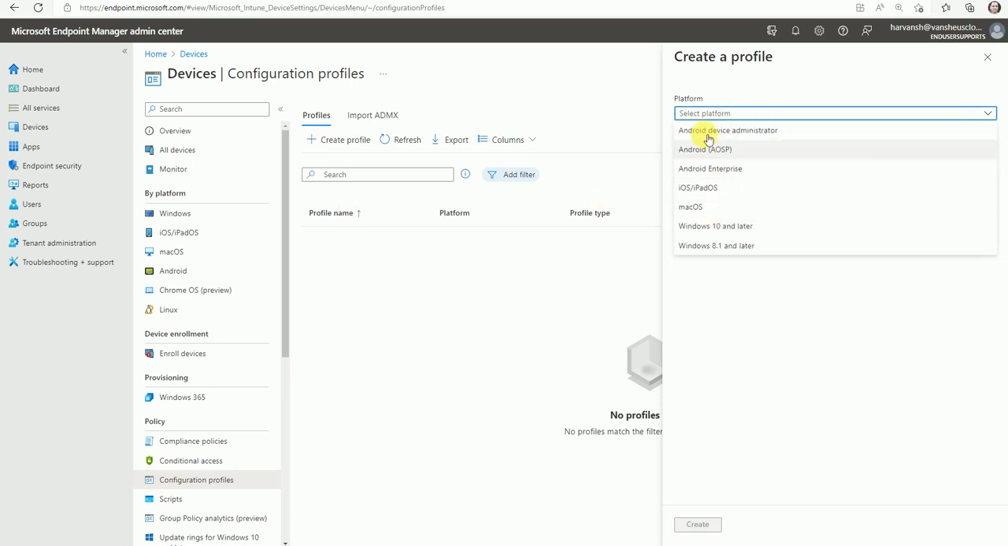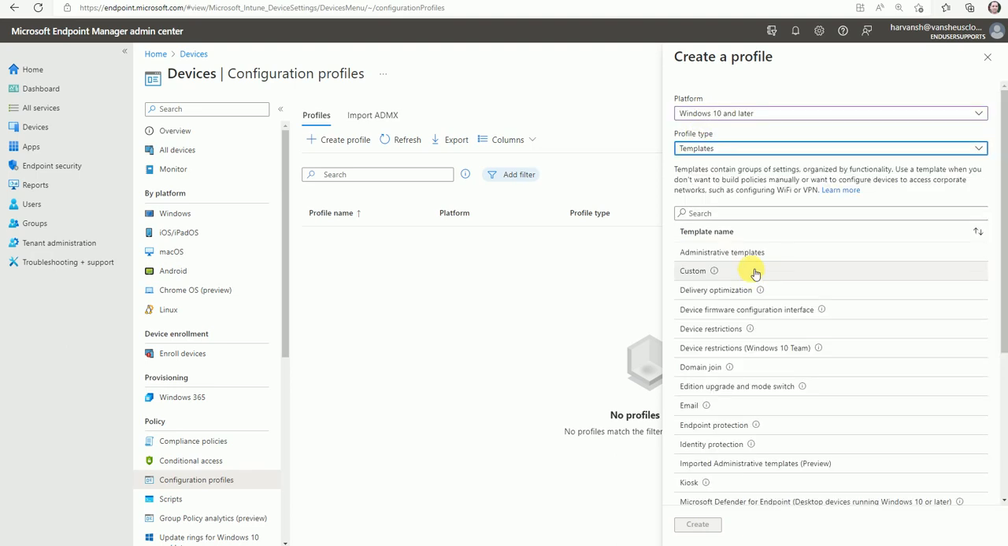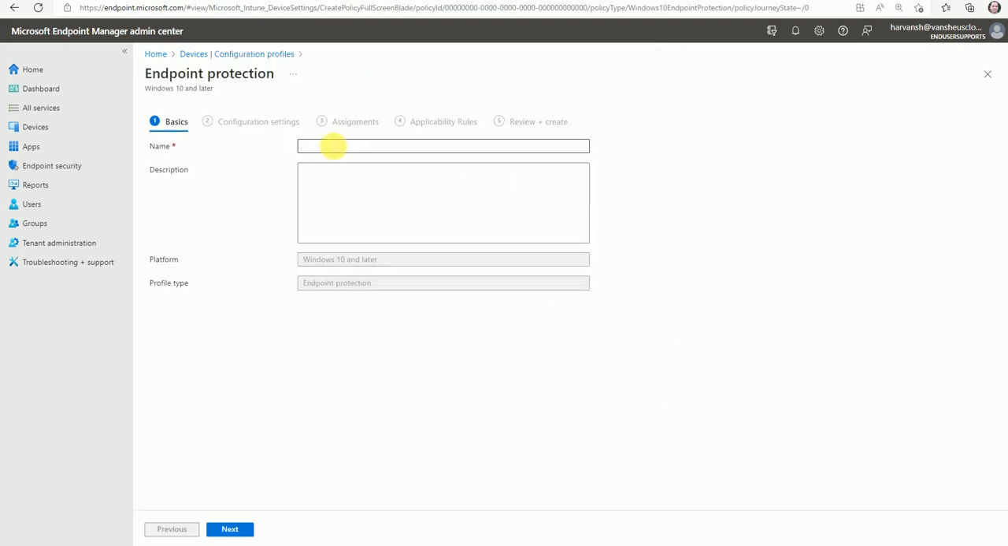Go to the platform, select Windows 10 and later, and for the profile type we'll take a template. Under the templates is the endpoint protection. So now let's select it and create. Now let me give the profile name. Let's call it MDE configuration,